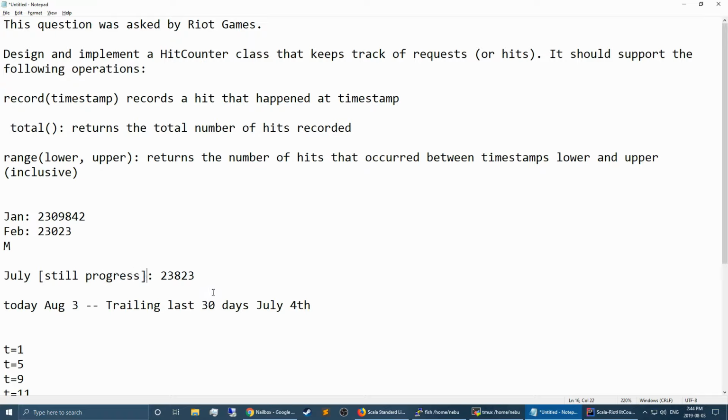So the idea is, we have a sliding window. Our stored list is a sliding window of the last 30 days, where if you invoke the range method, you could ask for any timestamp within the last 30 days, and we would give you exactly, within those periods, here's what the hits were, right? But if you ask beyond those 30 days, we could only give you an approximation using